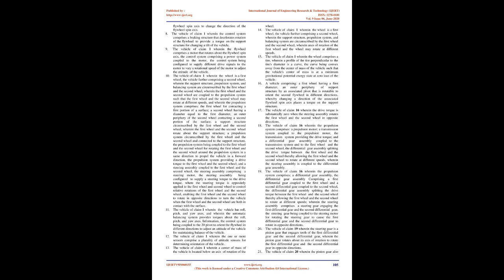29. The method of claim 28 wherein the vehicle has a roll axis, wherein righting the vehicle from a horizontal position comprises establishing a first angular momentum of the flywheel oriented substantially parallel to the roll axis, and changing the angular momentum to cause a reactionary torque, righting the vehicle. The vehicle further including a support structure circumscribed by the wheel, wherein the wheel rotates about the support structure, the vehicle further including a propulsion system circumscribed by the wheel and connected to the support structure, the propulsion system being coupled to the wheel for rotating the wheel around the propulsion system, thus propelling the wheel along the surface,